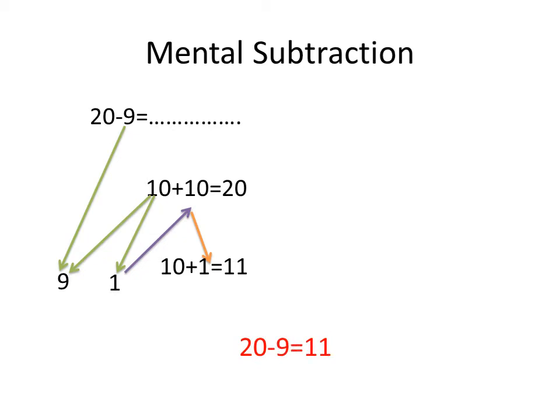So then we know 20 subtract 9 is equal to 11. Now we have got the answer. How did we do this? 20 minus 9 we have. We already know 10 plus 10 is 20. For this first 10, we took that 9 to make that first set of 10. How much do we need? Another 1 we need. For the second set of 10, we add that 1. Then we got 11. So what we got, we are going to write in our blank space. So when we write that, we have our answer: 20 remove 9 is equal to 11.